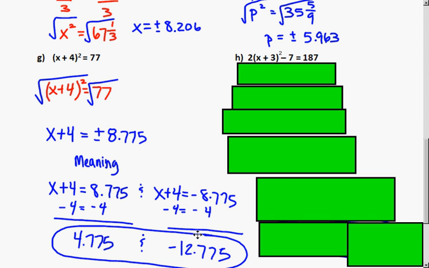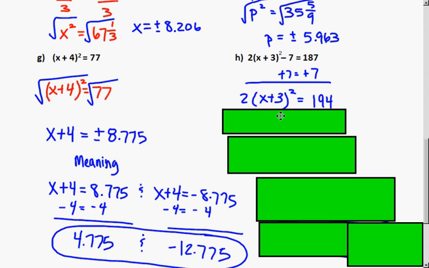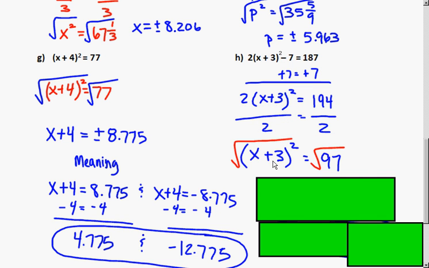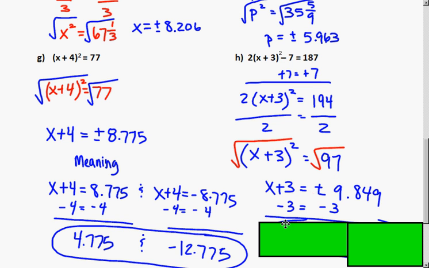In H, I want you to go ahead, give that a shot, pause the video, and then come back. All right, our first step here, we should have added 7. When you add 7, here's what you should wind up with: 2 parentheses x plus 3 squared equals 194. The next step, you should have divided by 2, because this is multiplying by 2. When we divide by 2, we wind up with x plus 3 squared equals 97. The next step is to get rid of the square, so we put in our square roots. After we square root both sides, we wind up with x plus 3 equals plus or negative